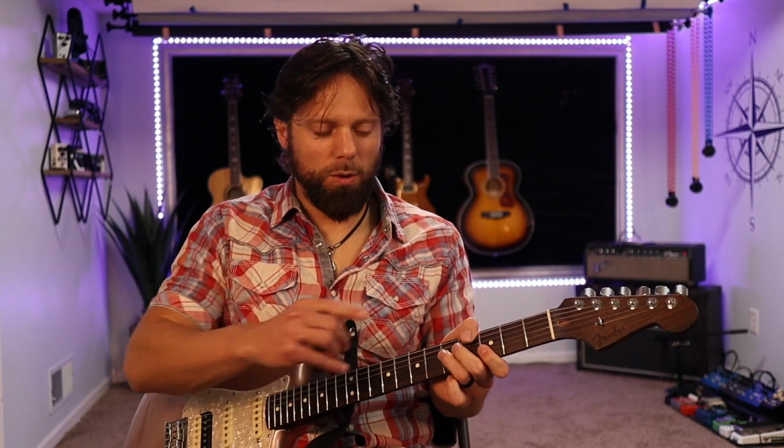And then we go right back into the 3rd lead line. Real similar to the first. That one's a lot funner and a lot cooler sounding, but it's almost the exact same thing. The only notes I'm adding are the middle 2 strings on the 5th fret. So it's a hammer on and a pull off. So if I break it down into 2 parts, that would be the first. And then it's...